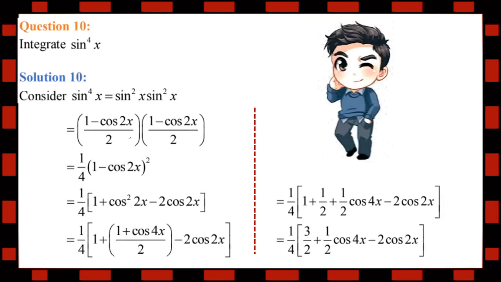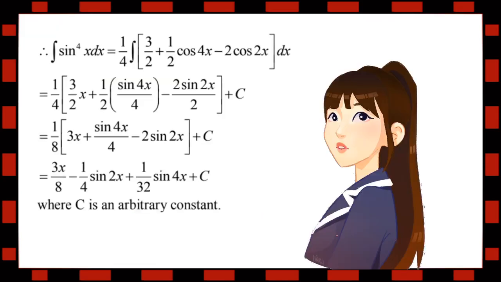Then sin power 4x can be written as sin square x and into sin square x. In both the terms we are using this property, (1 minus cos 2x) upon 2, (1 minus cos 2x) upon 2. 1 by 4 overall common, (1 minus cos 2x) whole square. Open this, a square plus b square minus 2ab, and then in this term we are applying (1 plus cos 2x) upon 2, and the second term as it is. Open it, solve it, put the values here and then integrate.